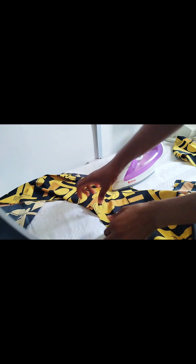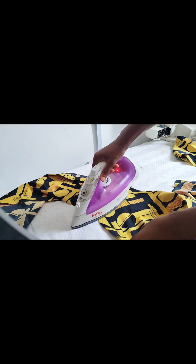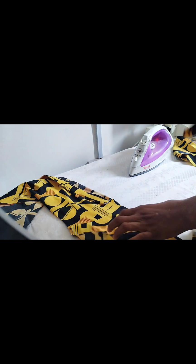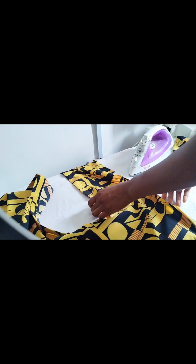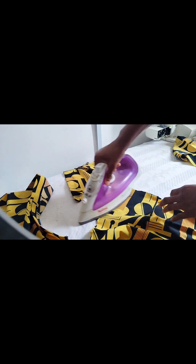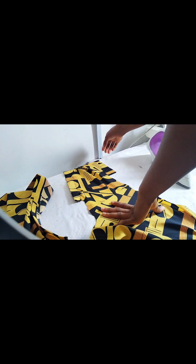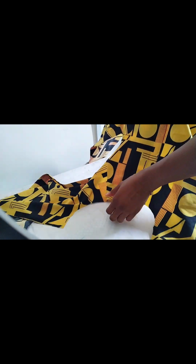It has a lot of stretch, like a lot of stretch. The stretch in this one is quite much more than the other ones I've worked on. So now that we're done with this, we'll proceed to what I was doing before, which is to